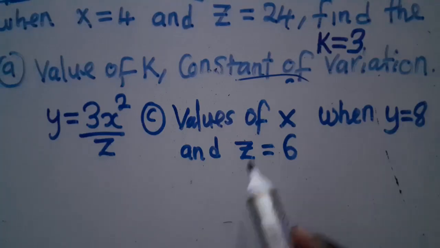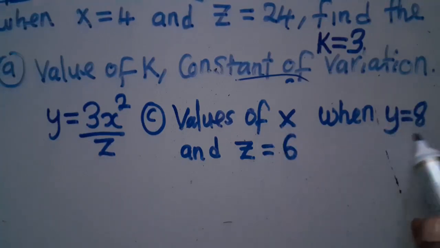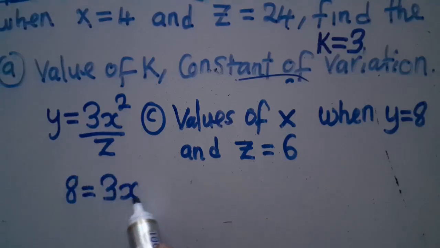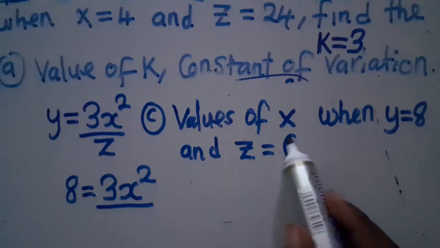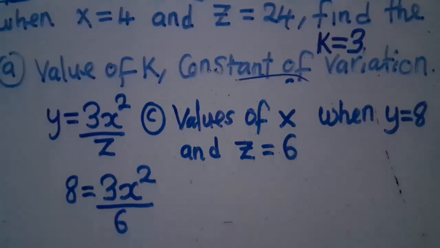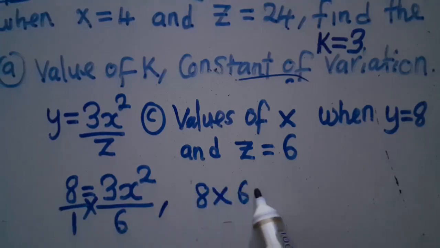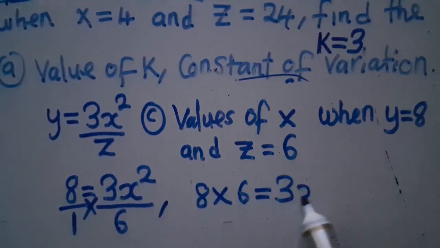So here, where there is y, I put 8. So 8 is equal to 3 times x, the value I'm told to find, squared over, what is z? Z is 6. So I'm going to put my 6 there. So I say over 1 here, then I cross multiply. What is this? This is 6 times 8. So I'm going to write that one, 8 times 6, which is equal to 3x